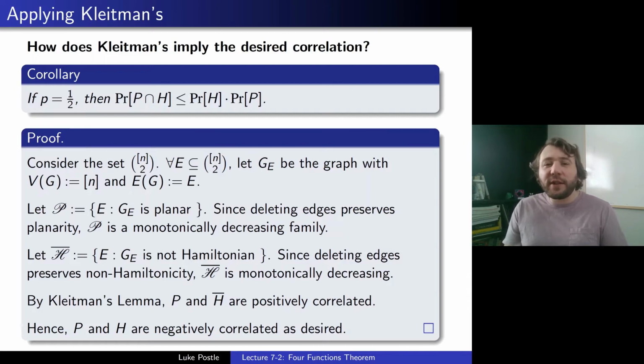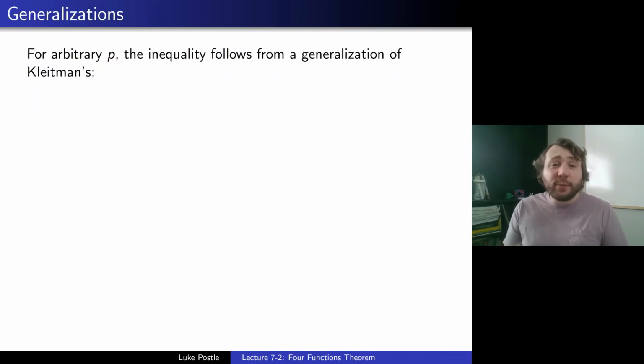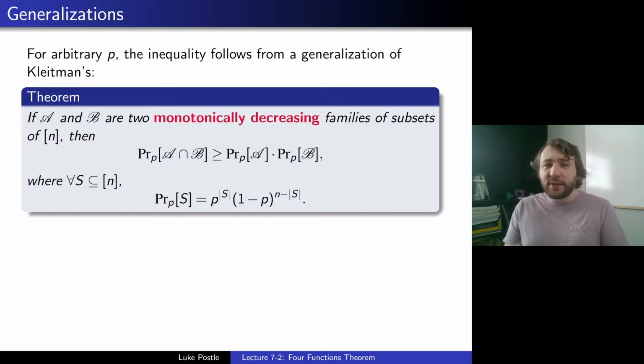So this works more generally with any kind of monotone properties. If we have monotone properties or the complements of monotone properties, we can get these correlations for G(n,1/2). What about G(n,p) more generally? Well, for arbitrary p, the inequality follows from a generalization of Kleitman's. So here the generalization would be if I had two monotonically decreasing families of subsets of [n], then the probability of A intersect B is at least the product of the probabilities, but I'm going to use a different measure of probability. So instead of each set being equally likely, which is what we get in G(n,1/2),